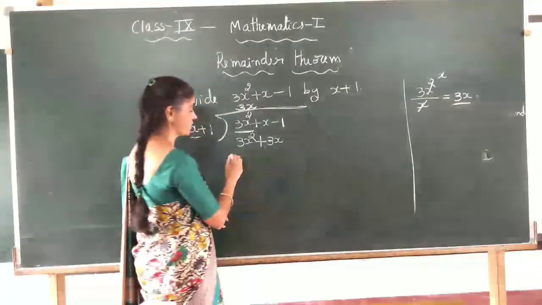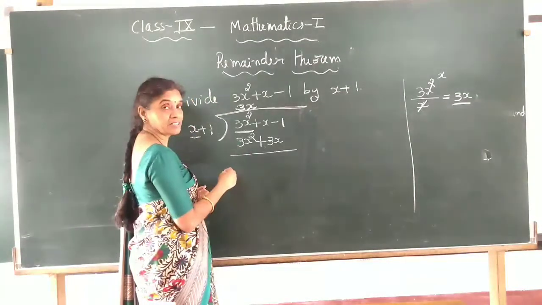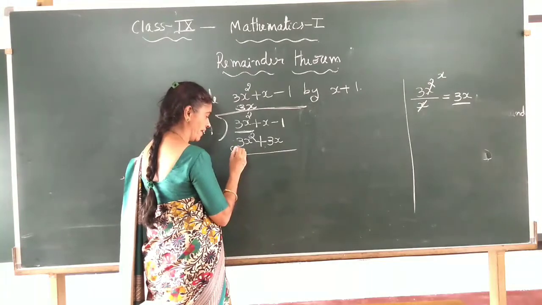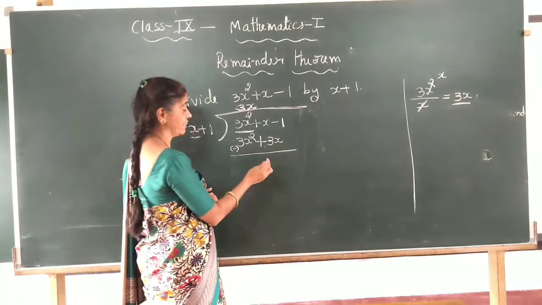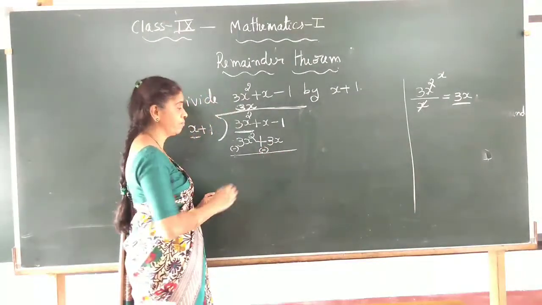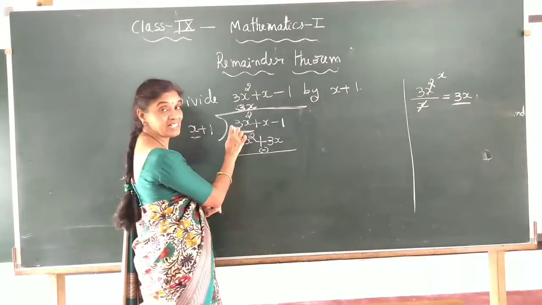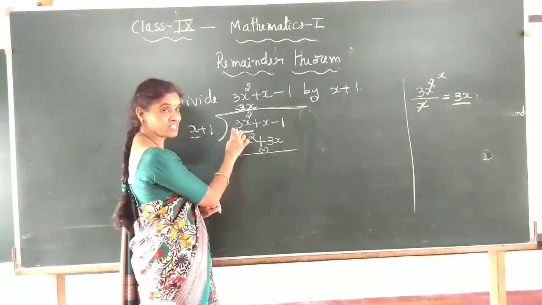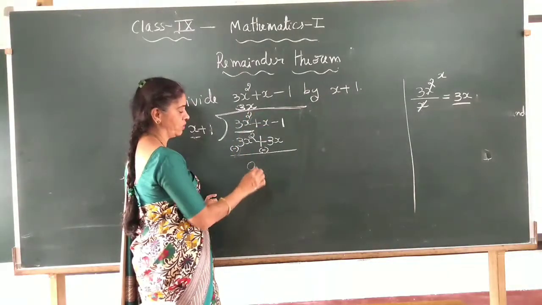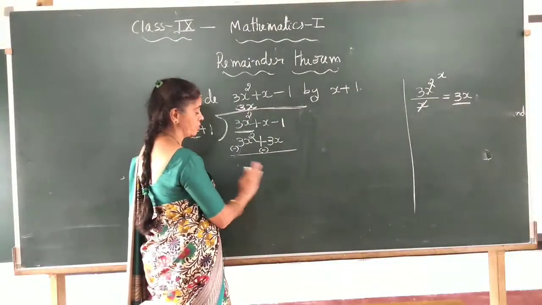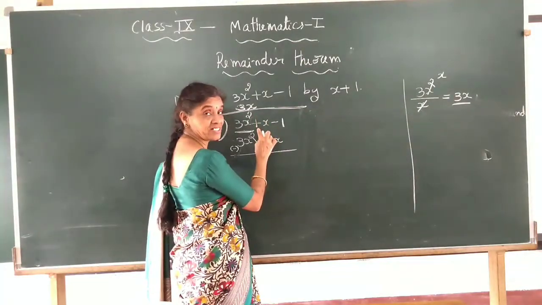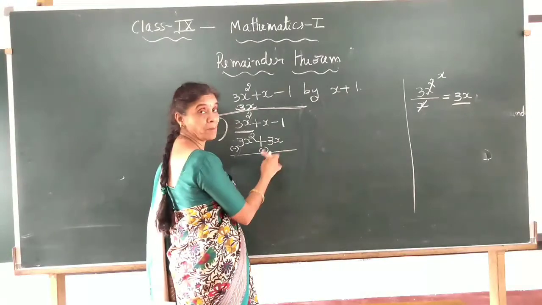Okay. So you have to subtract now. What is the thing you have to do while doing subtraction? It is the opposite of addition. So plus will change into minus. I have written it small for your convenience. This plus will change into minus. That is a rule. Okay. Now plus 3x square, no sign indicates it is plus. Plus 3x square minus 3x square cancels. Actually it is 0. I won't write 0x square, so no need to write. Now this one plus x, plus 1x, and it is minus 3x now, minus 3x.